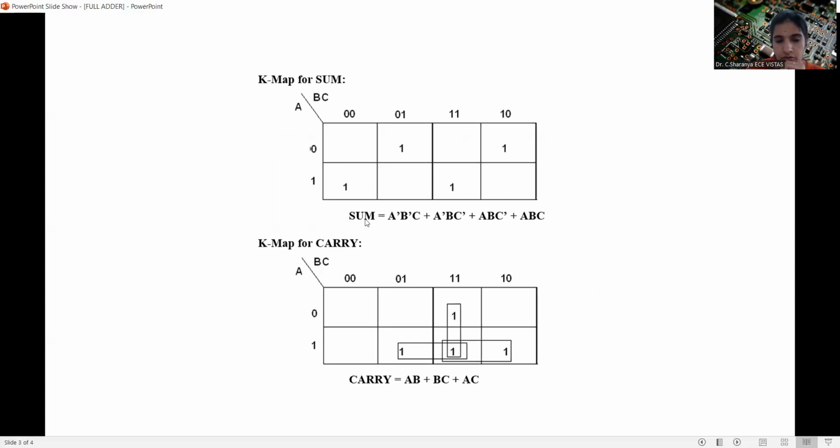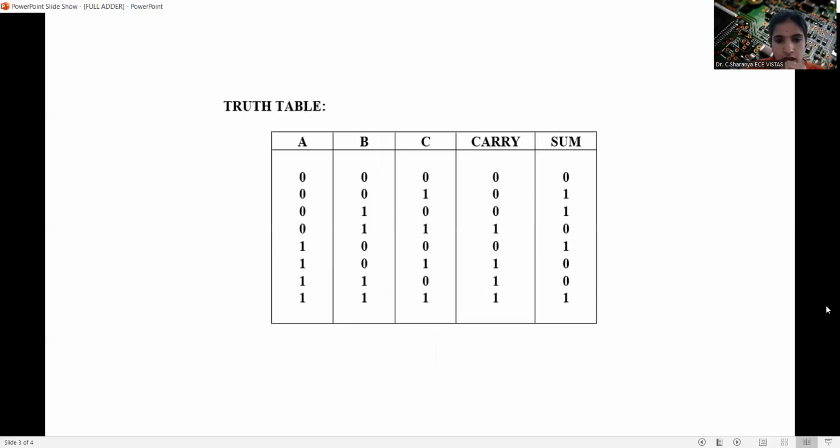Since we have three input variables, we will take a three variable K-map. We will have A on this side and BC on the other side. And we will write the gray code combinations for A, B, and C. Now plotting all the sum and the carry